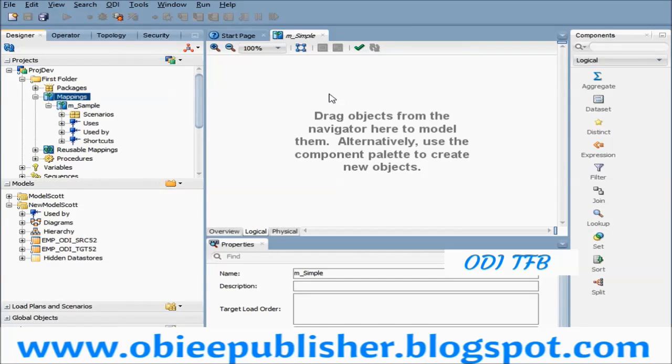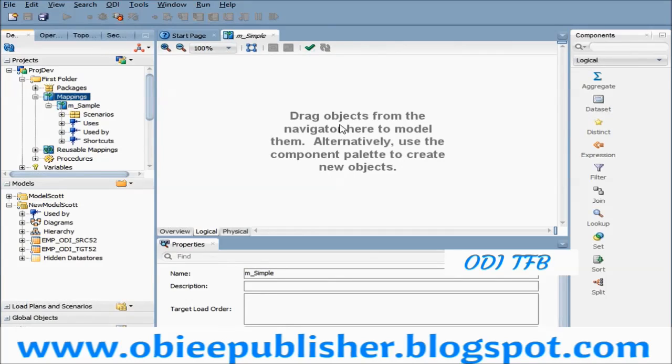So this is your mapping area. To develop a mapping, we need a minimum of two components: the source and the target. Because ETL or ELT, whichever technology you work in, we will read and load, and in between do some logic. Forget about whether you are doing any logic or not. To finish your program, we need a source from where you are reading, and a target where you are loading. So you cannot create any mapping without a source or a target.